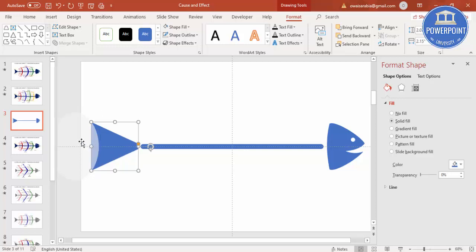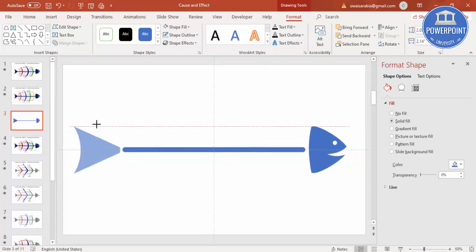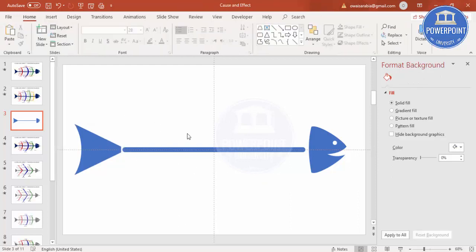Select this and the oval shape, merge shape and subtract. So you can see here the tail or the fin, it's ready now. And then we have to add the bones now. For that,